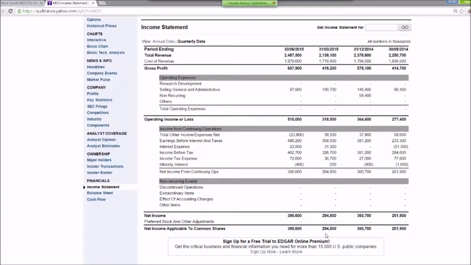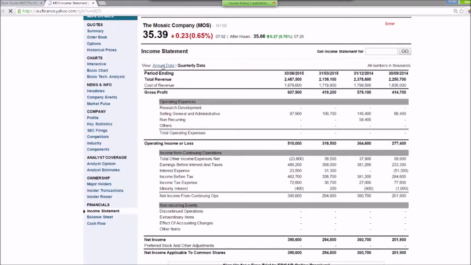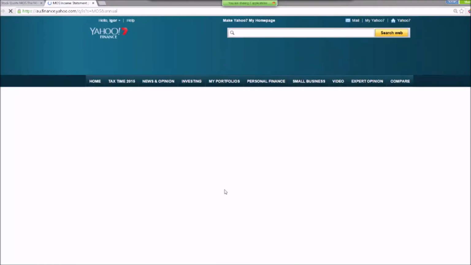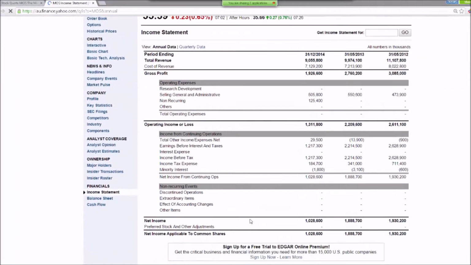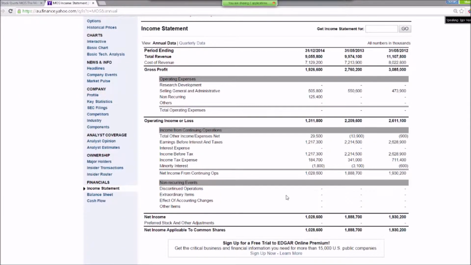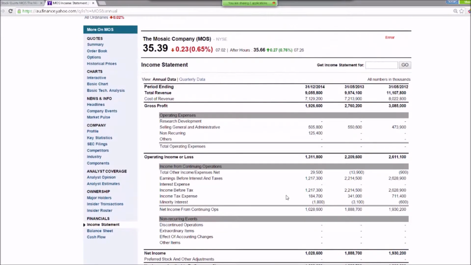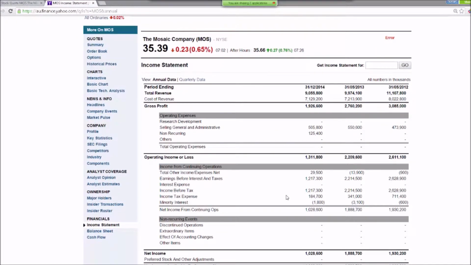And here, let's calculate it just for curiosity. So it would be 390 plus 294, 294 plus 360, 360 plus 201. So it's 1.24 billion. So 1 billion and 240 millions. And if we look at the last year, it was 1 billion. So it means that the profitability during 2015 went up, but the price is still